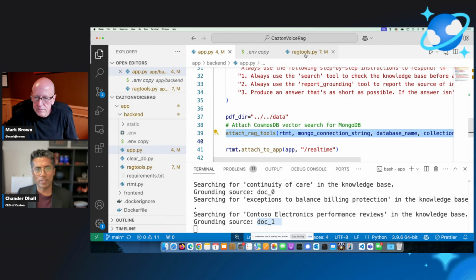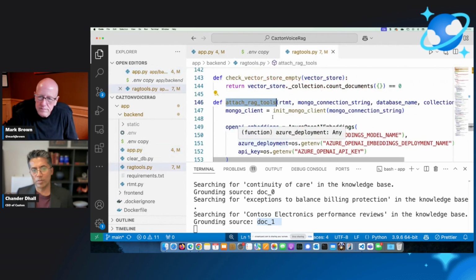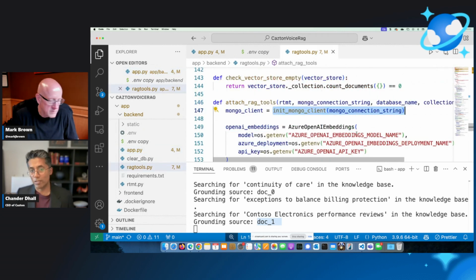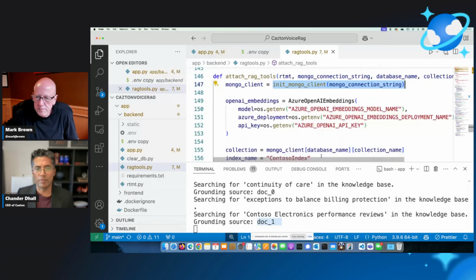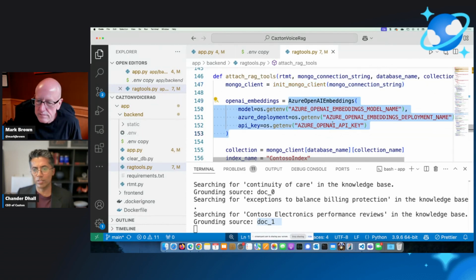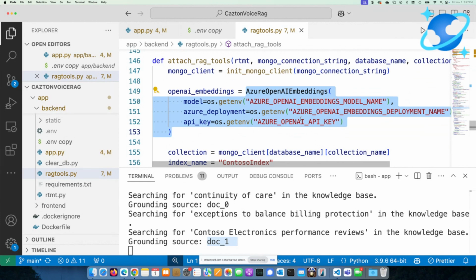And then if you go back to what we're doing here, we're simply initializing your Azure Cosmos DB for MongoDB vCore client. And then we've got the Azure OpenAI embeddings. As you can see, by the way, you can use whatever you like. In this particular case, we're using the latest ones. We've tried the small as well as the large one. We've done text-embedding-3. You can make it work with 2. Bottom line, it's completely up to you.